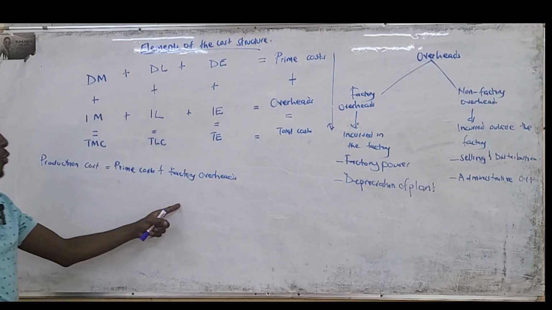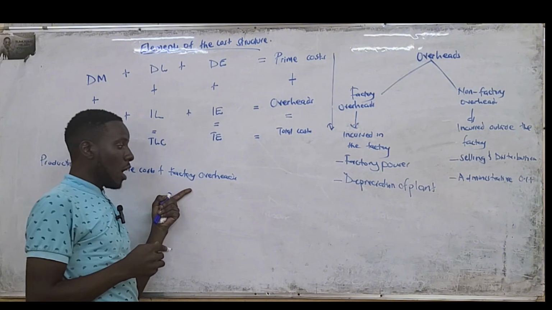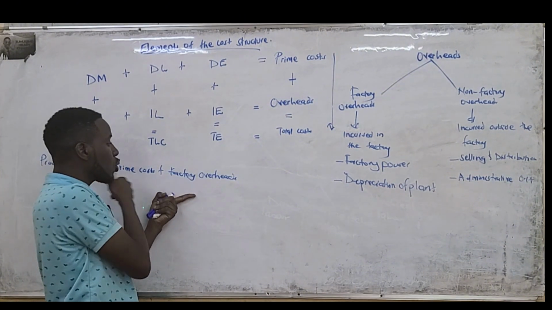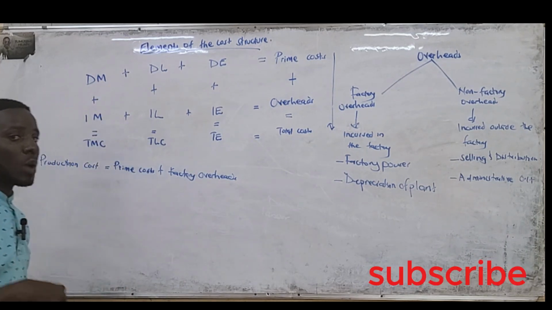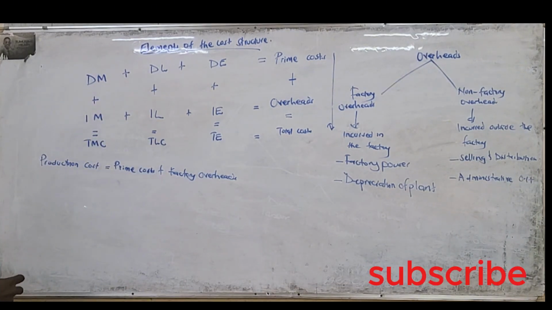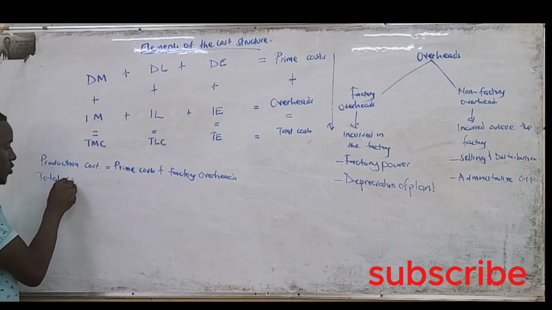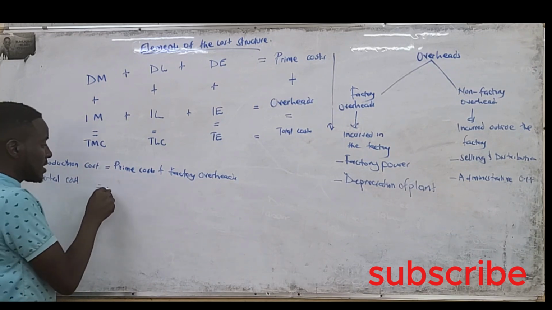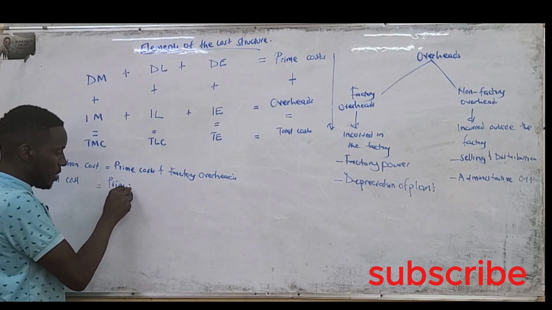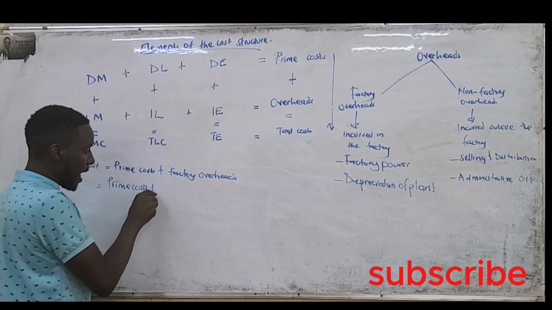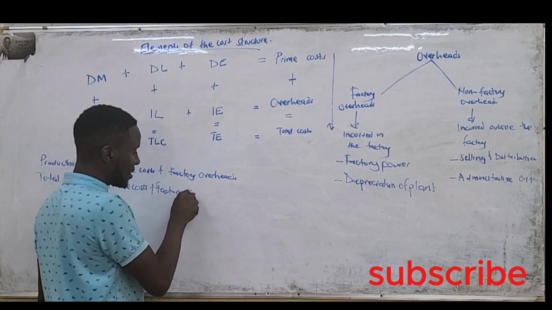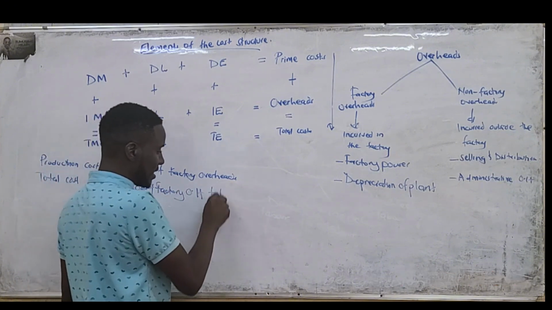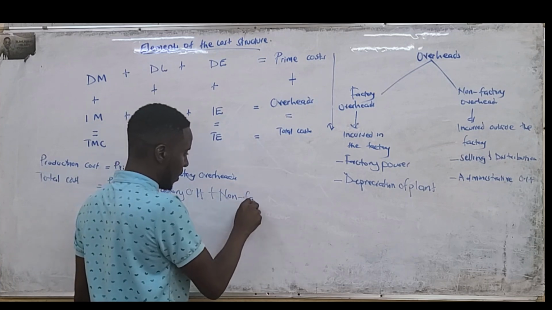Okay, so when it comes to the overheads, for the production cost, they only take the factory overheads, the overheads that were incurred in the factory. Then we have something they call total cost. So our total cost is prime costs plus factory overheads plus the non-factory